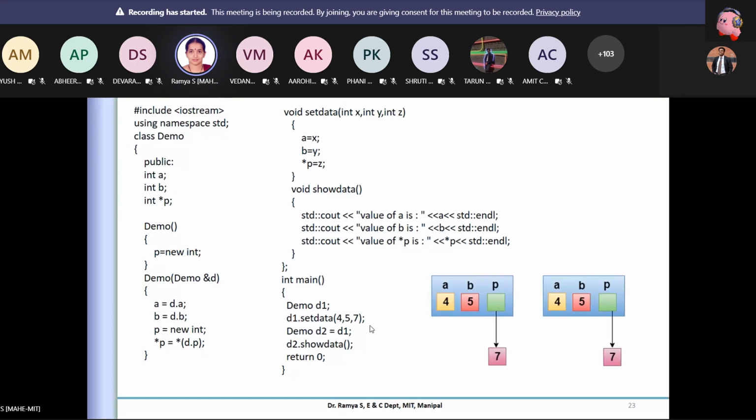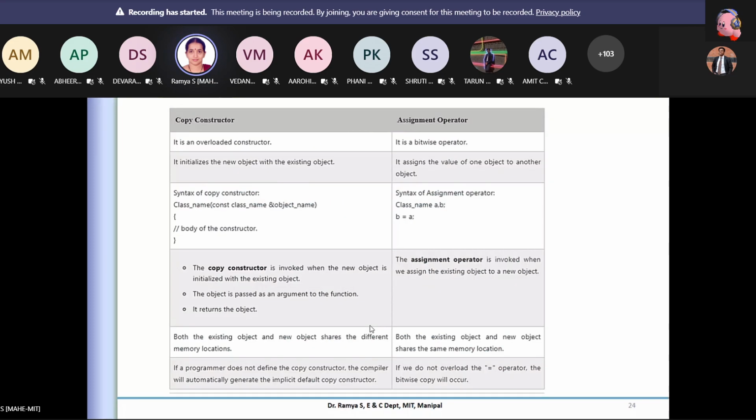So this is one comparison which I found on the internet, and I thought it would be useful for you. You can go through this. It is nothing but an overloaded constructor, that is true. A copy constructor is nothing but that. So when initializing your object, a placeholder is created for this. In this case, you are writing the constructor and what should happen.